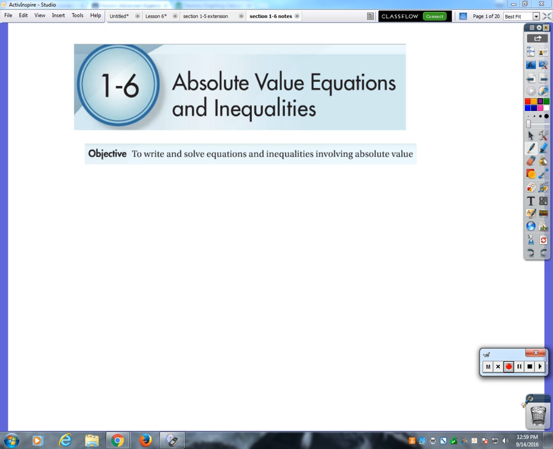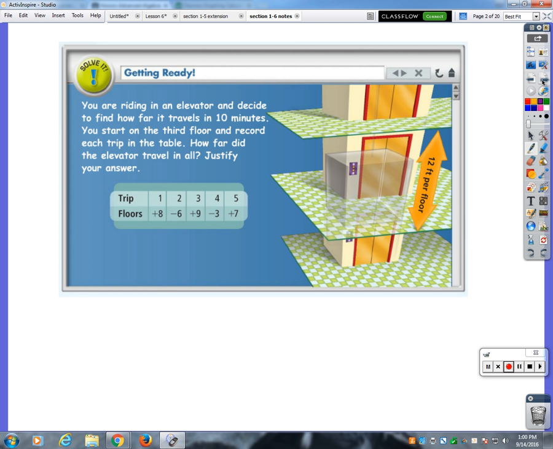Alright, so this last section in chapter 1 is about absolute value equations and inequalities. Absolute value equations, things get a little bit tricky because we're going to mess around with absolute value a little bit. And so as usual, we're going to start out